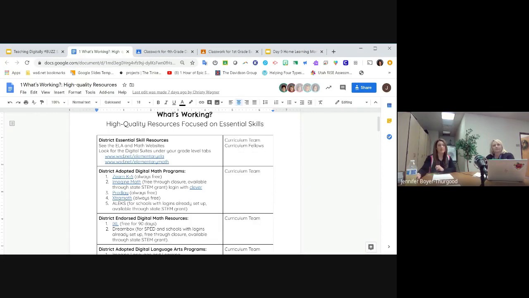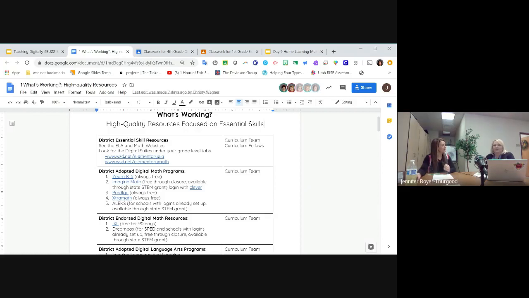If you're looking at something beyond these, there's some things that need to be in place. We need to do some vetting of those resources. So you'll need to get with your principal, kind of show them why the resource is important to you, what niche it's filling that these aren't, and we can start that process. But we highly encourage you to just use this list, save yourself the headache of looking through all of those free trials and all of those little pieces of software that probably do one great thing, but we've got these really powerful resources set here.